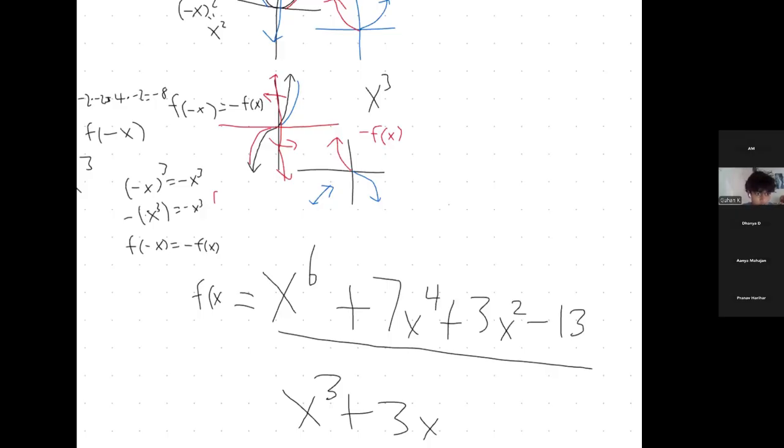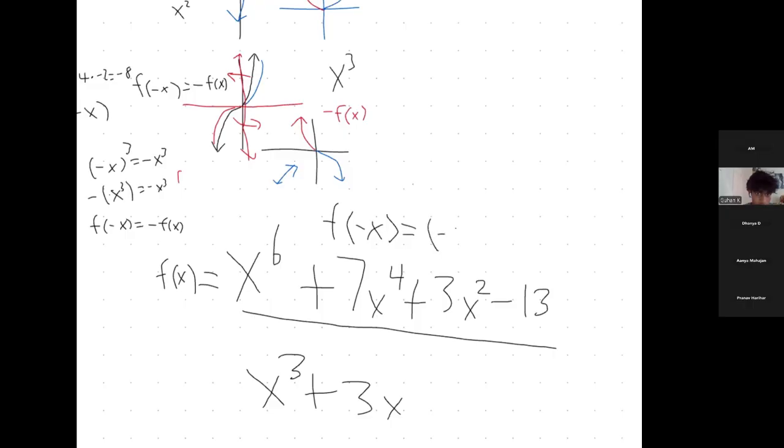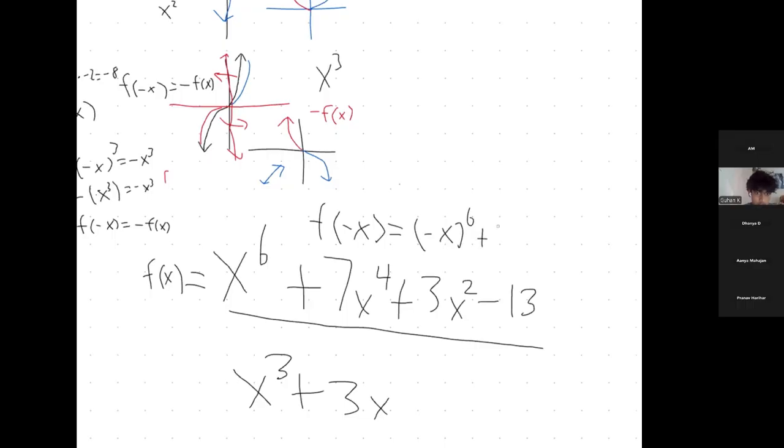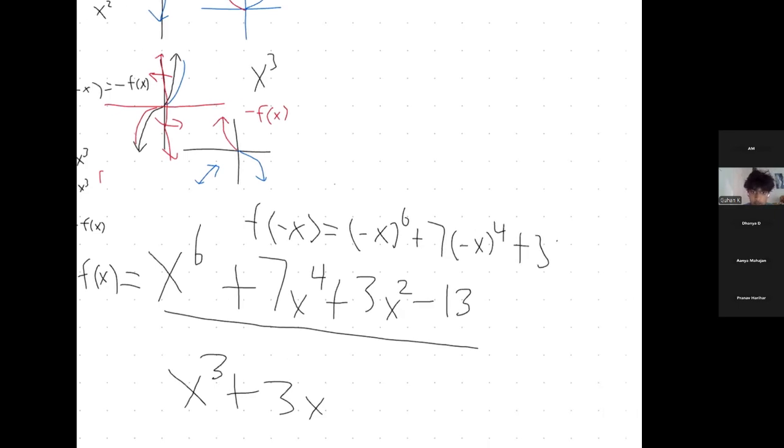Okay, so f of x equals this, right? So now we have to find what f of negative x is to find if it's even. f of negative x equals, so we're just going to plug in negative x in all the spots we see x. So negative x to the sixth plus 7 times negative x to the fourth plus 3 times negative x